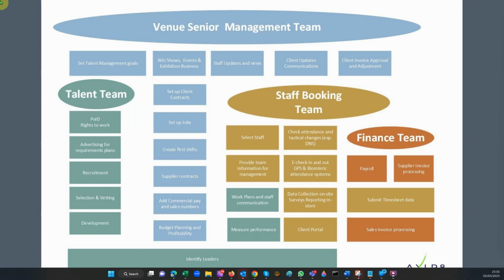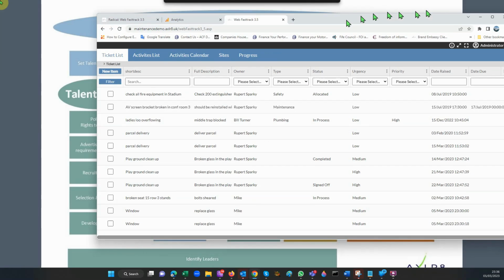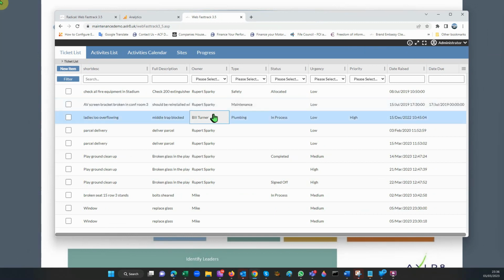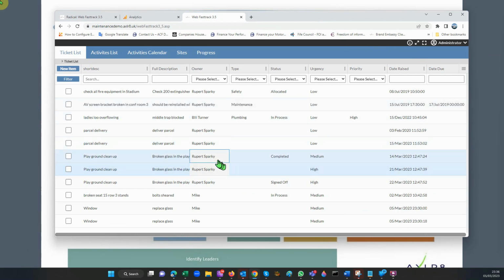This is part of a much larger application set that we have for venues, but I'm just going to show you the maintenance part now. So you can build your own dashboard, but this one that I've built for you here is for a football